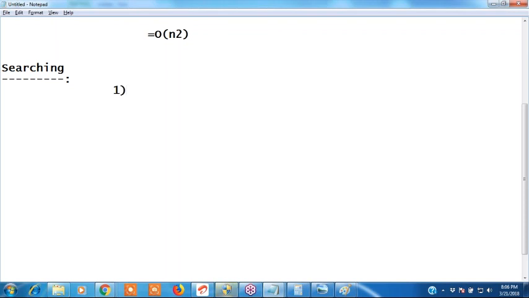We have two. One is linear searching, and the second one is binary. Linear and binary. What is meant by linear? Linear means line. How we check the elements, right? Linear searching: how to find the position of those elements, whether that element is found or not. We need to check linear searching and binary searching.